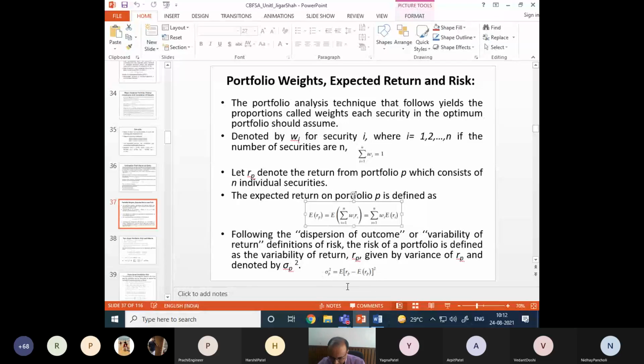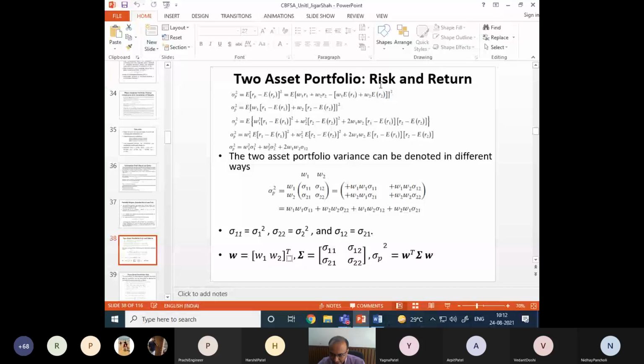And in the same way we have defined the risk of the portfolio by the variance of the portfolio, sigma p square, which is the expected value of RP minus E of RP, whole square, right? And we have tried to find it with two securities. Say we have only two securities in the portfolio, W1 and W2 are the weights of it. Returns are R1 and R2 and expected returns are ER1 and ER2. And we derived this equation last time for the risk of the portfolio with two securities, meaning only two assets in my portfolio.